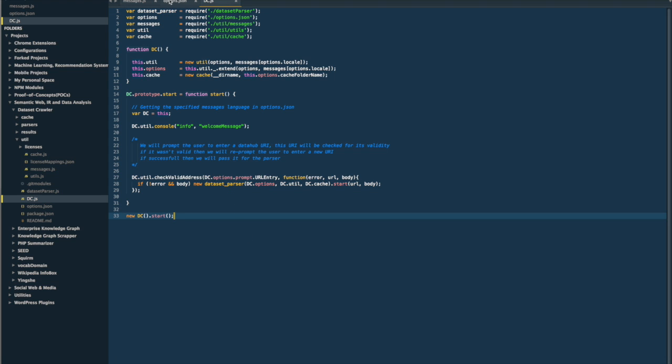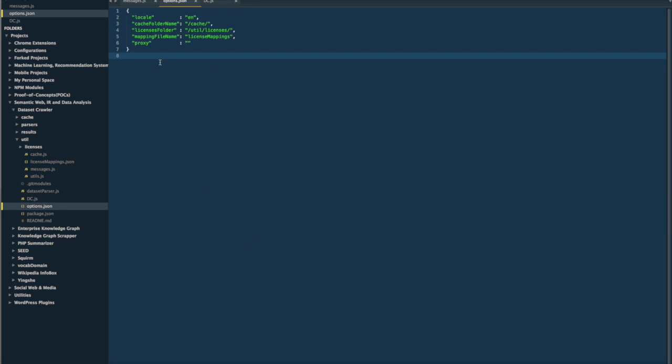I just want to point out some quick customization that you can do. You can define a proxy here if you are behind a proxy. You can also define the name for the cache folder, the path for the licenses folder. Here is the git submodule as we mentioned, so if you would like to clone it separately, you can just specify the path here, and the name of the mapping file, which is the manual license mapping file,